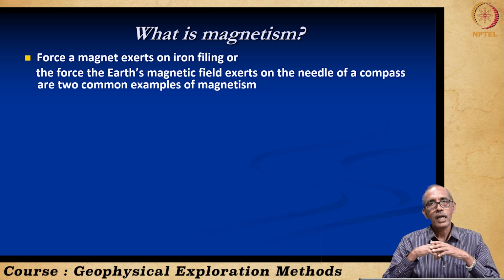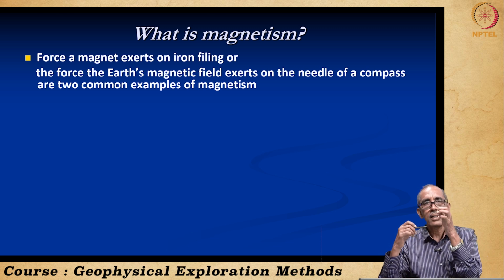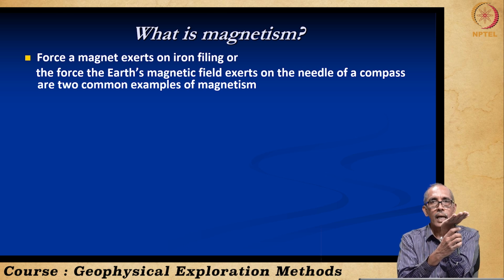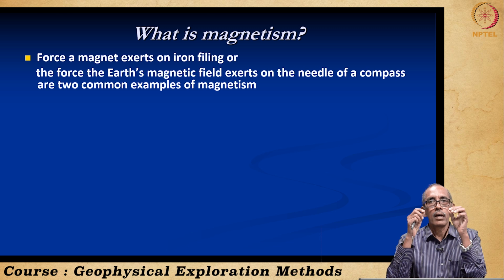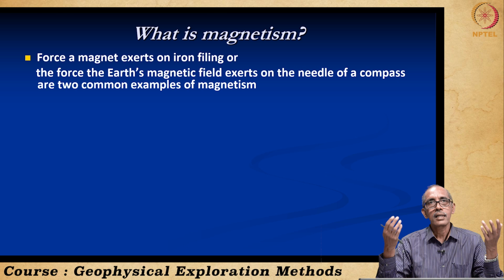All of us have an experience of magnetism. How? During our childhood, most of us have played with magnets. One of the common things we used to do was keep the magnet over sand to collect all the fine iron dust, separate the iron dust on a sheet of paper, and hold the magnet below the paper, and see how the iron filings dance, isn't it? All of us have played. That is a classic example of Earth's magnetism.